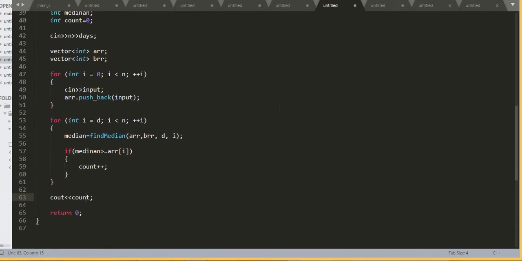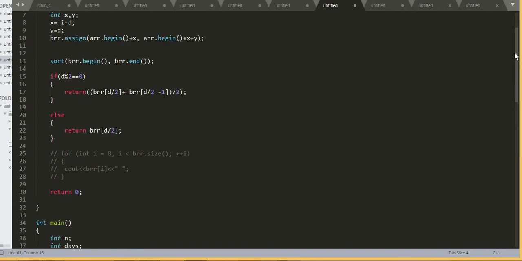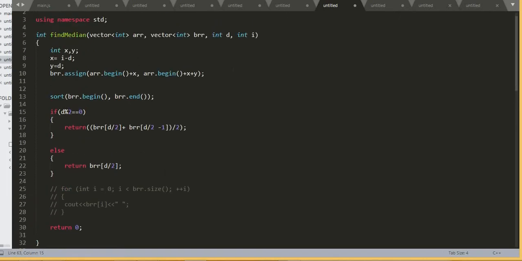After that I have taken the input, and as I told in the explanation, I called the function find median. I pass the 2 arrays, the number of trailing days and the ith position for which I am looking for the trailing median. So in the function I assigned array elements to my second array, that is BRR, and I sorted that array.